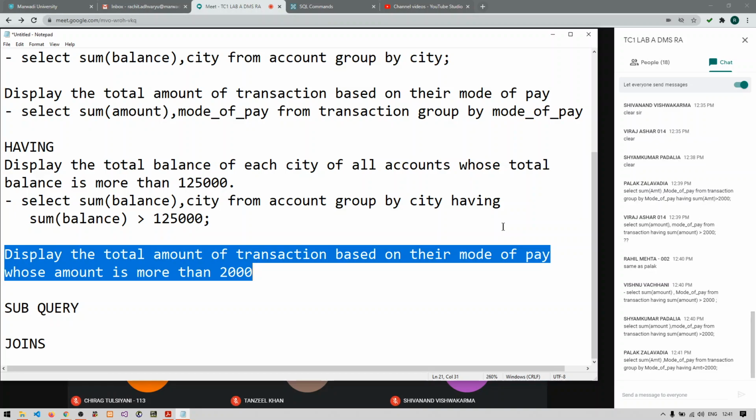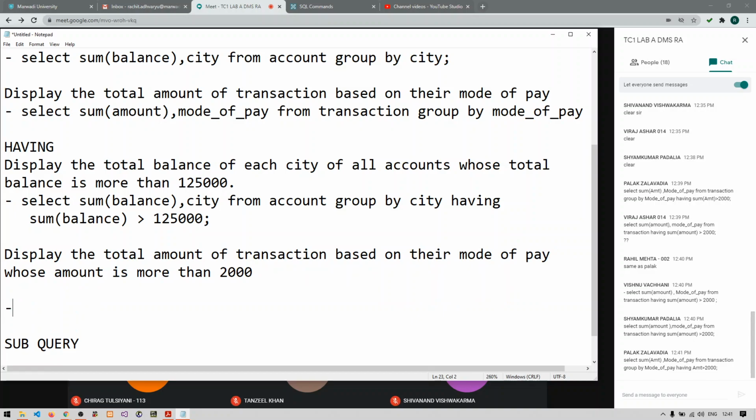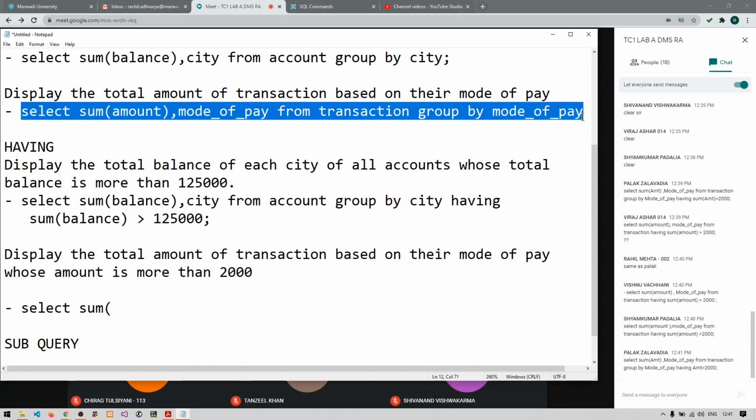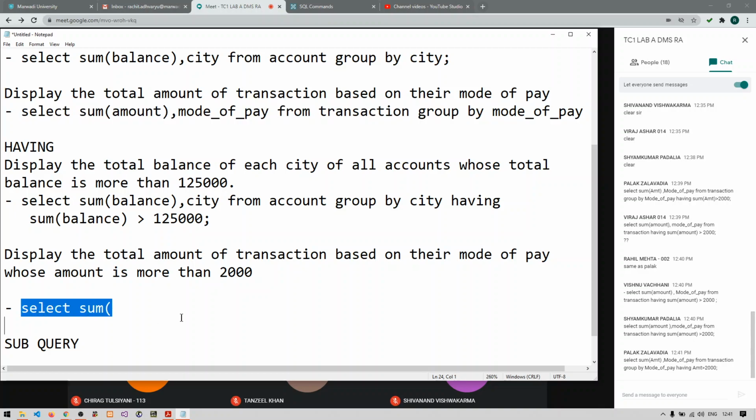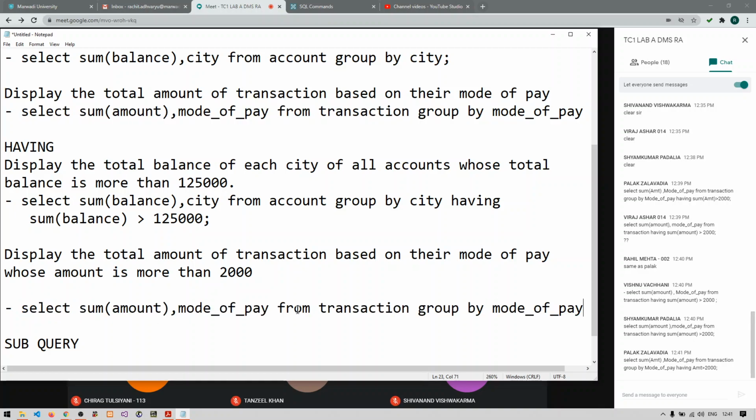So the actual answer of this particular question will be like this. SELECT SUM(amount), mode of pay FROM transaction GROUP BY mode of pay.